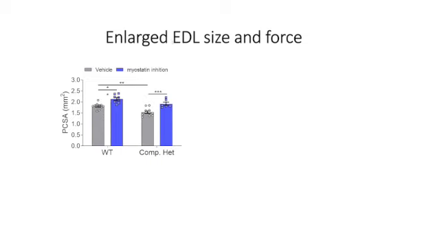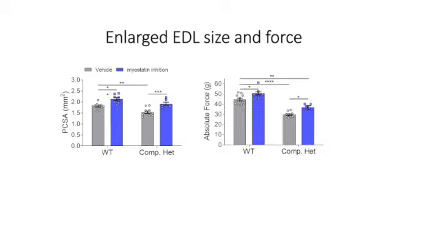This shows results for the EDL muscle, and the compound heterozygous, which when injected with vehicle has a reduction in muscle size, recovers significantly, almost to the level of wild type. And the absolute tetanic force level is increased as well in the compound heterozygous